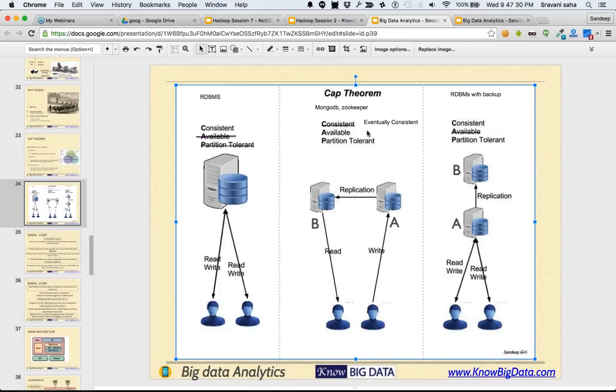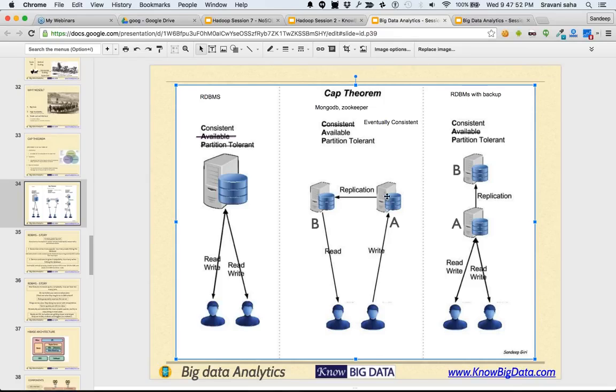It is eventually consistent. We know that after a point of time, the change is going to reach from A to B and things are going to be okay. There won't be any conflicts because there is nobody else writing at B. All the reading is happening from B.